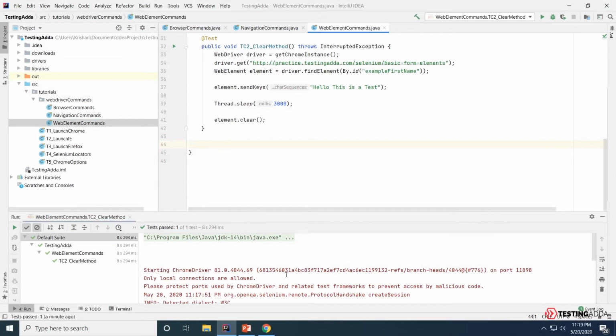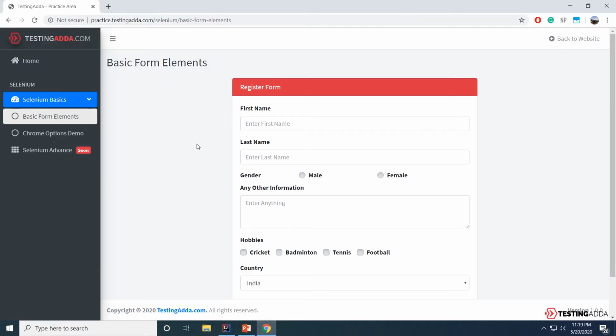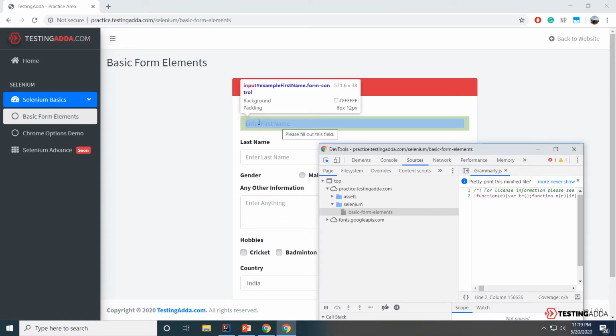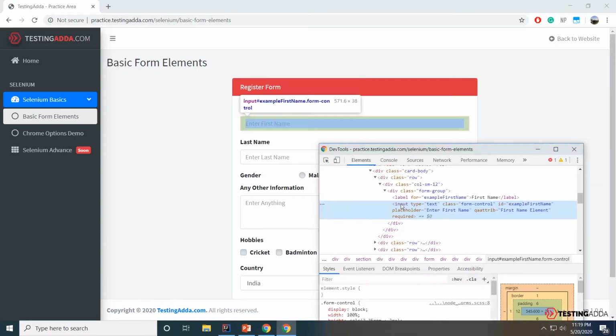Let's go back to our Selenium and see the form on which we can actually identify. So let's go on first name element again and see the HTML code. Let's say I want to fetch the value of QA attrib. Now basically, just for an explanation, attributes means this type, class, ID, placeholder. These all are attributes of an element, right?